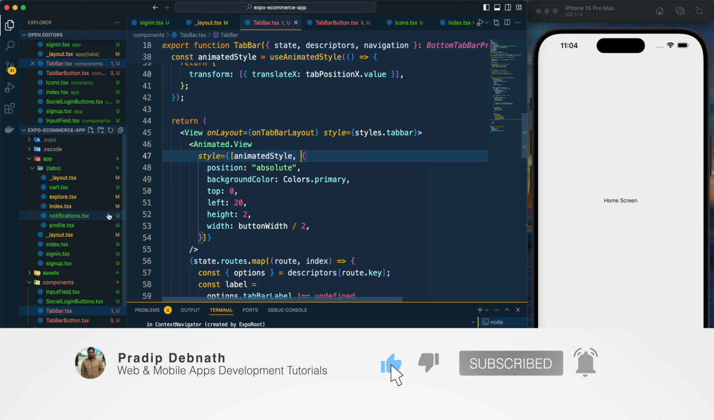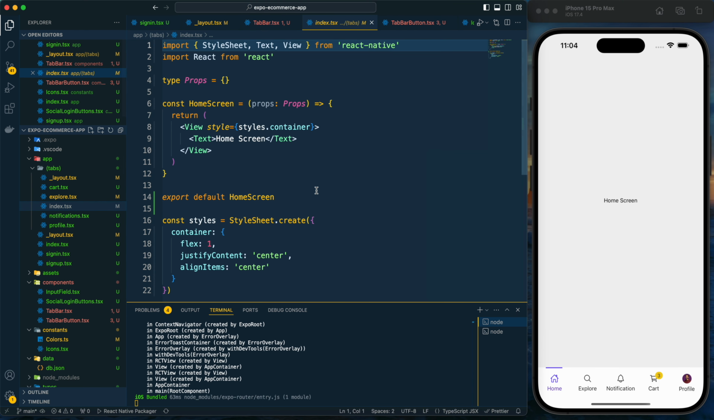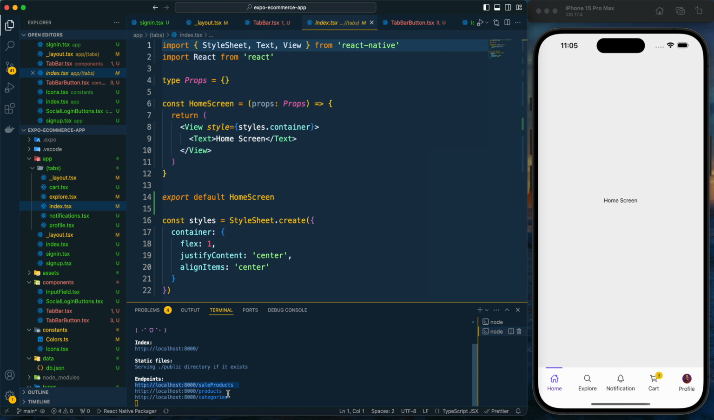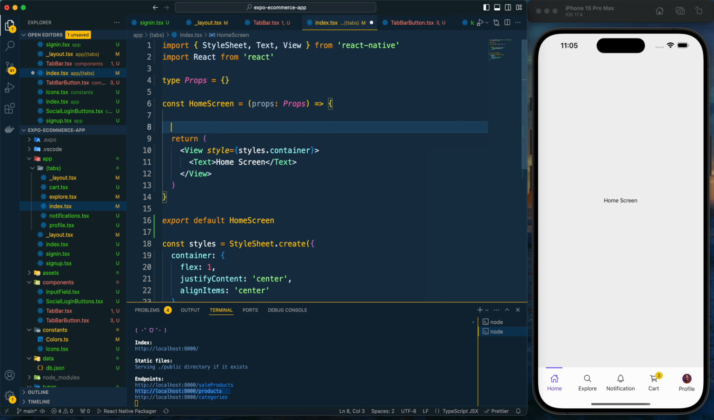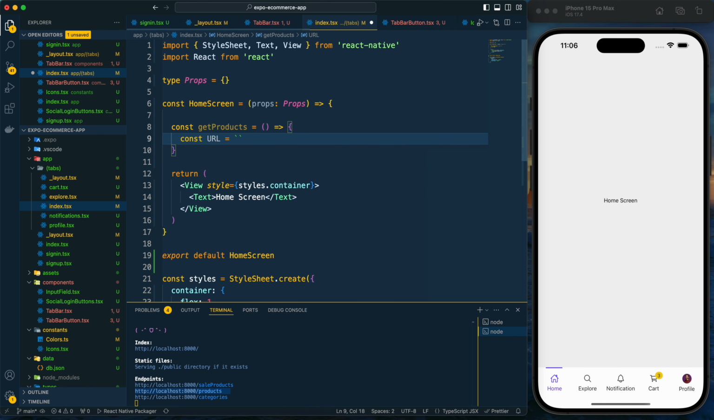So for that we need to go to this index.js, and here first we need to see the products. So here are the endpoints from which we can get the response. First I'm going to get the products. So let me just copy it, and here I need to get the products. So first let me create a function called getProducts, and here let's provide the